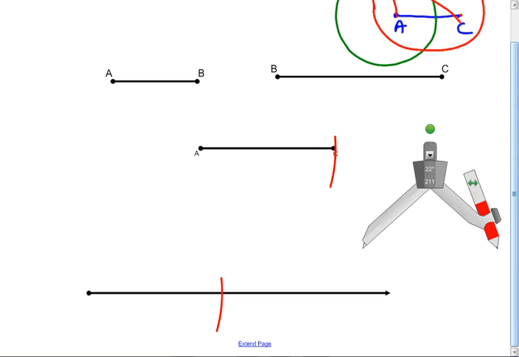Draw one and put a dot. There's A, and there's C. You have to label it